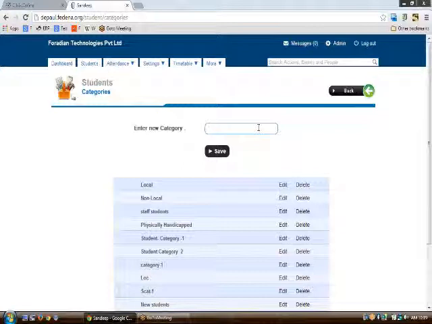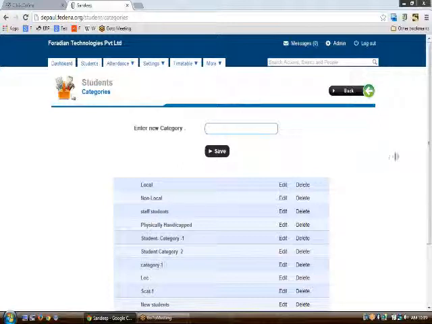Let us say you want to have some kind of facility for these categories, like local students might be availing some discounts and so on. In such a case, you need to create some category here, and whenever you are doing an admission of a student, you select from the list of categories that you have entered here, and the student will be categorized into that particular category.